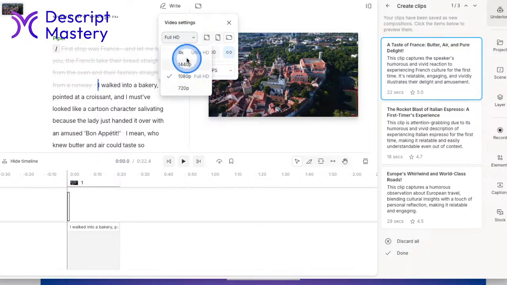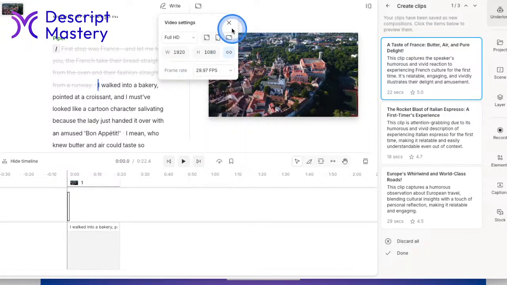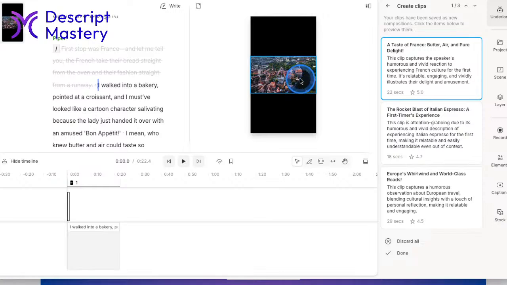So first of all, you can set your resolution, 720p, all the way up to 4K, which will be your highest resolution. And then you can set a custom height and width here if you want. It defaulted to 1080p, which is also known as full HD. And then you can set a frame rate. Depending on what frame rate you're shooting your videos in, you can set that here. Okay, so back to this aspect ratio button, we want to change this to portrait. And again, this should have happened automatically with the layout, but for some reason, the layout failed on me. So that's why I'm doing this manually.